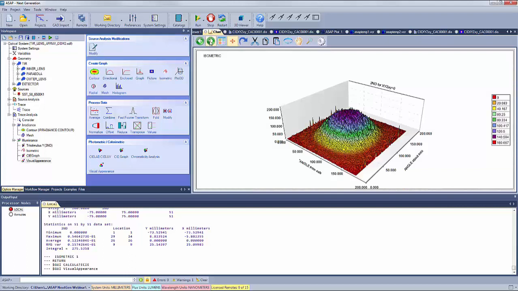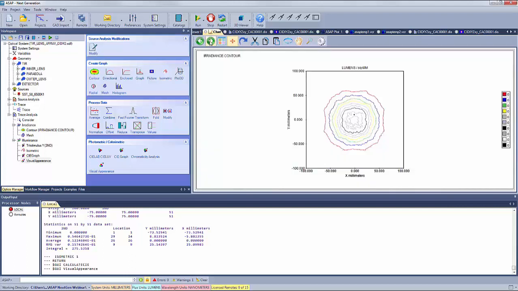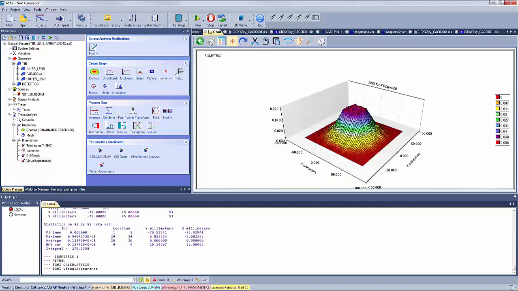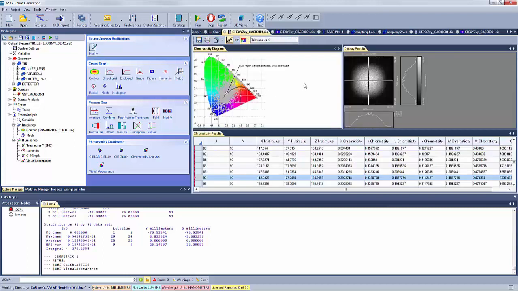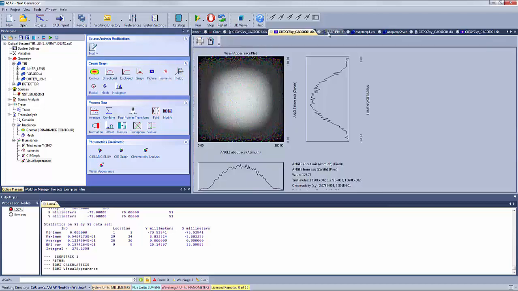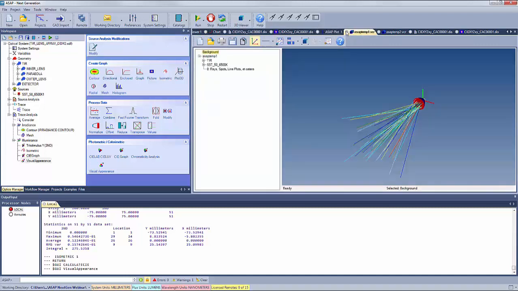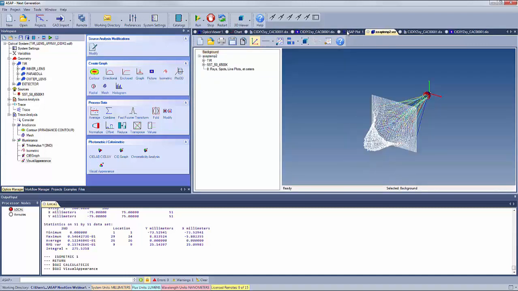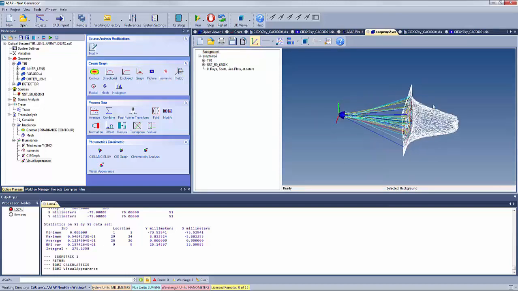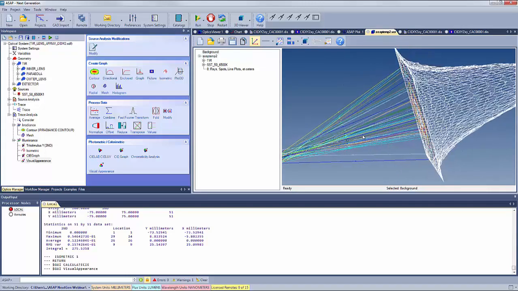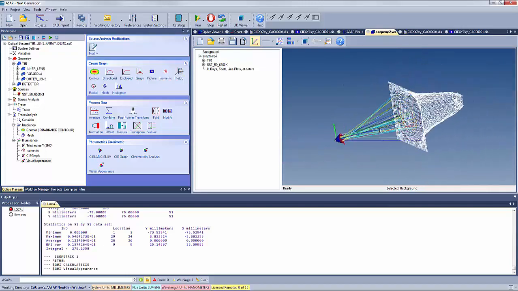That is the irradiance contour which is put into the 3D vector file, and that's the isometric plot of the radiation pattern at the detector plane. This is the chromaticity results of the source. This is the visual appearance of the source, the actual ray trace itself. We can delete this vector file because its components are copied in here, but you can see the contour plot, which is on the screen, and you can also see the mesh plot of the irradiance pattern of our TIR